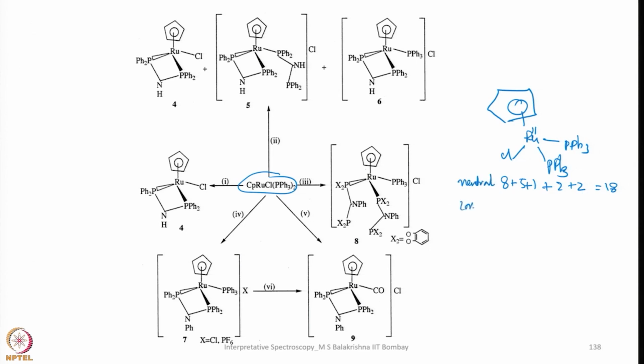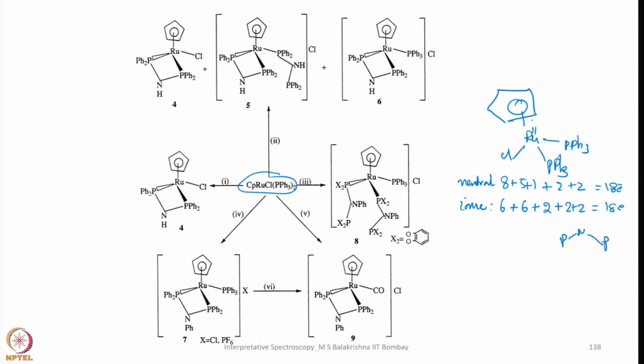By the ionic method also we shall do this. Ruthenium 8 means 6 are there, and this is giving 6 electrons, and this is giving 2 electrons, and both of them are giving 2 electrons each. This is 18 electron. So this is the 18 electron system. When it is reacted with this PNP ligand,